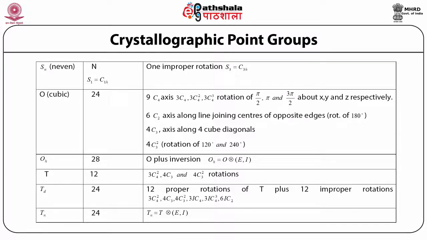The group Td has 24 elements, is a group of 12 proper rotations of T plus 12 improper rotations, and consists of 4C3 square, 4C3, 3IC4, 6IC, etc. And finally, the group Th has 24 elements, and the Th group is the direct product of T with the inversion group. Let us now discuss a couple of examples to see how to identify the symmetry,